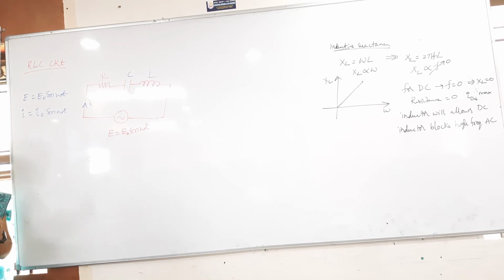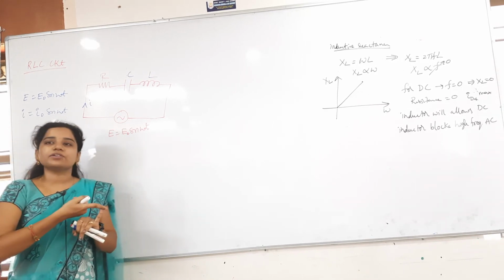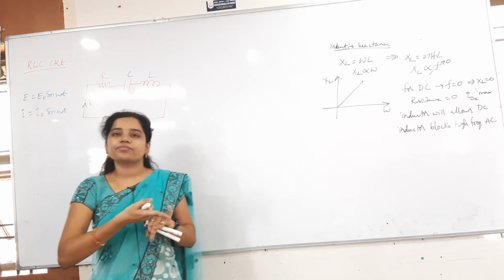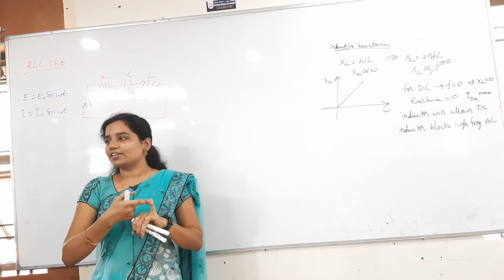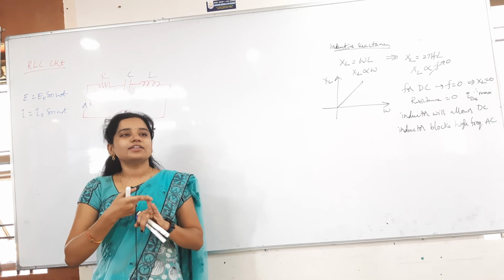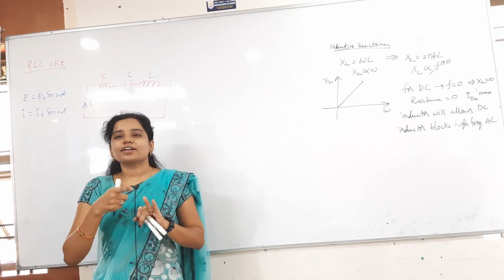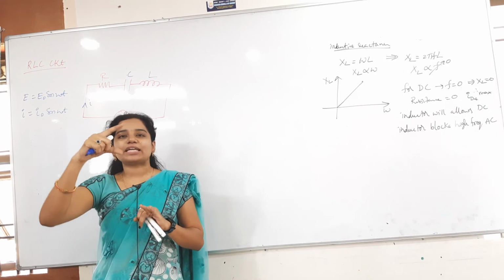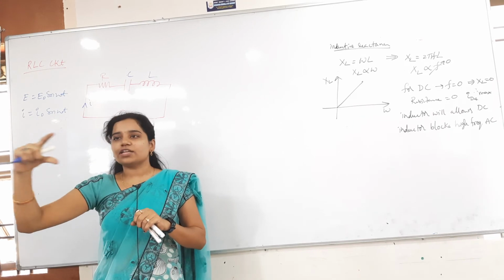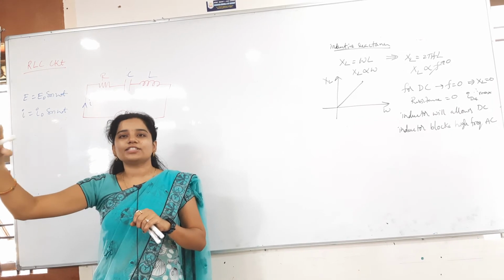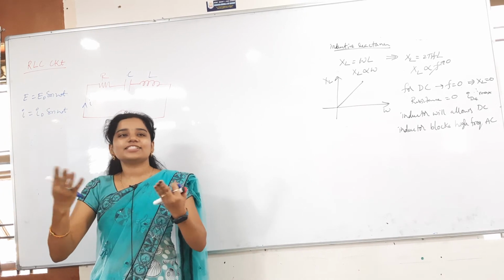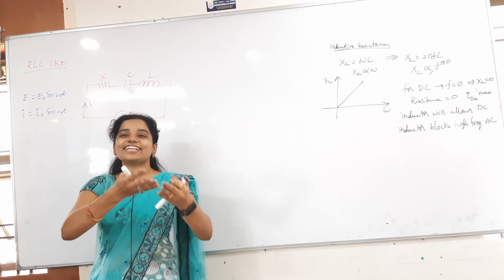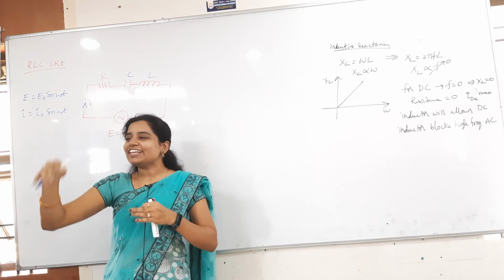So mainly you have to remember, in the resistor circuit, leading or lagging? Nothing. No leading, no lagging. Correct? In the capacitor, who is leading? Current is leading. You just remember that capacitor has C, right, first. In the capacitor, current leads. In the inductor, C is not there, so it lags.